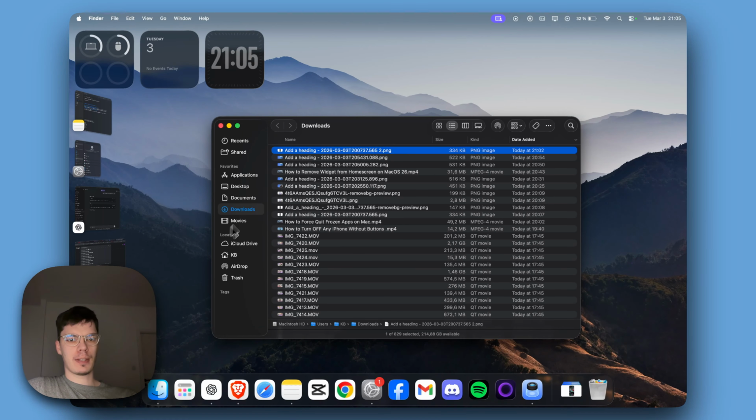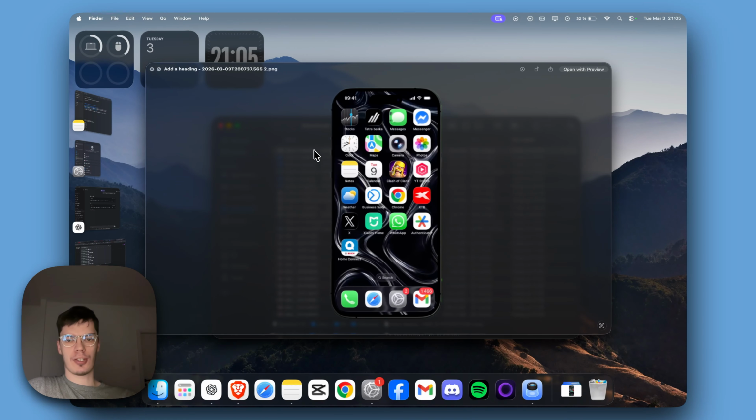And now if I open my Downloads, this is the new image. It's the PNG and it's without the